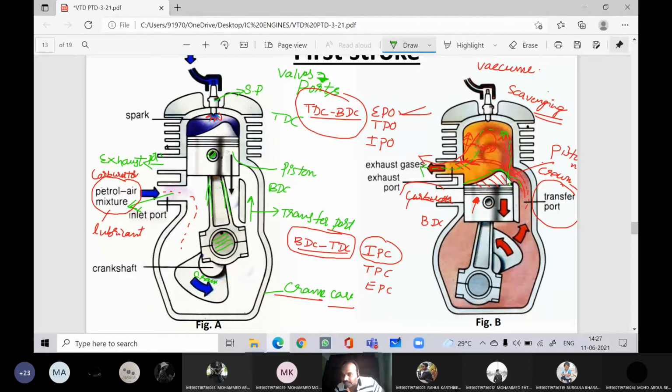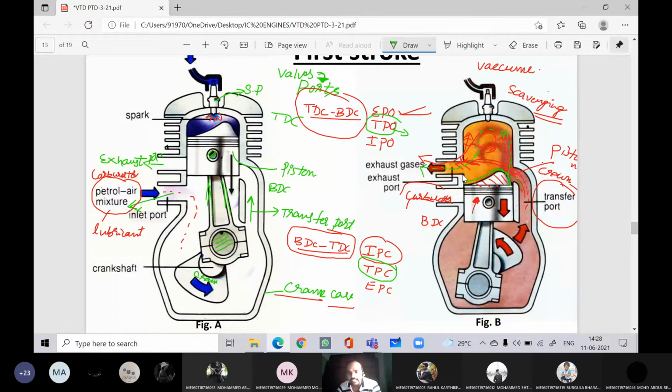After opening the exhaust port, the transfer port is open. Here the actual suction started, and up to this portion it is completed. Now, during the return stroke of the piston, first the transfer port is closed, which means suction is completed. Then the exhaust port is closed, then the exhaust stroke is completed. So within the exhaust stroke, suction is started and closed.